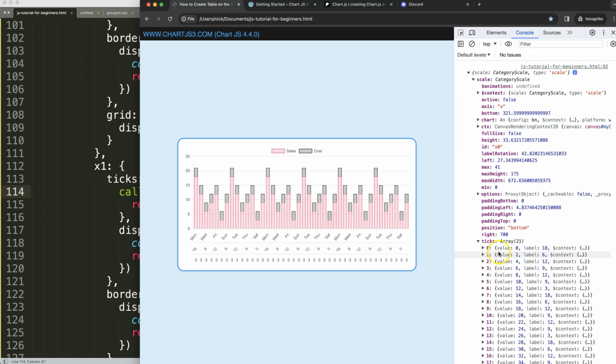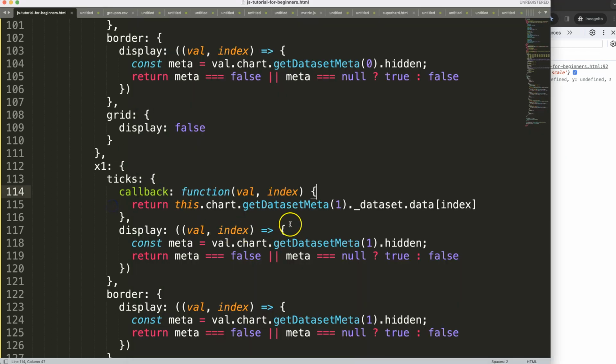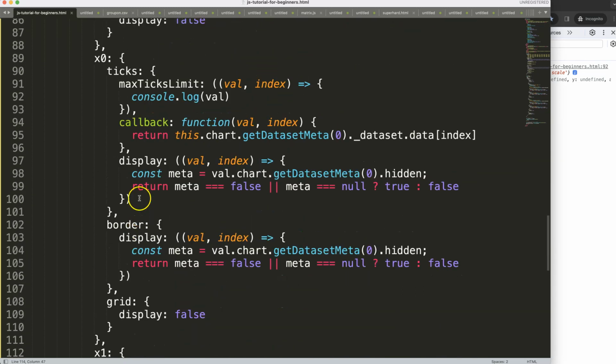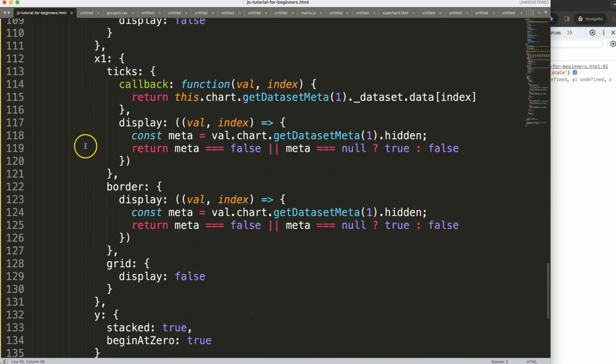and this scales here is going to the X0 scale, which makes sense because the ID is X0. That's what we've given it. However, what I want to do is I want to go to the X scale, the first one. So how to do that? Well, basically I can use the following trick to go up one level from our existing place. That's here. From value we say dot chart, and what that really does is it jumps us back to the